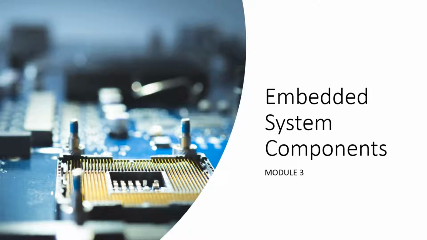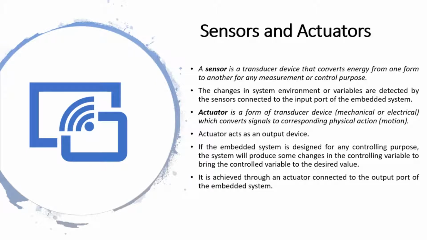In today's video we are going to discuss about few more important components that makes up a proper embedded system, an efficient embedded system. So two important components of a typical embedded systems are sensors and actuators. While discussing the purpose of an embedded system, I have already put forward the importance of sensor and actuator.